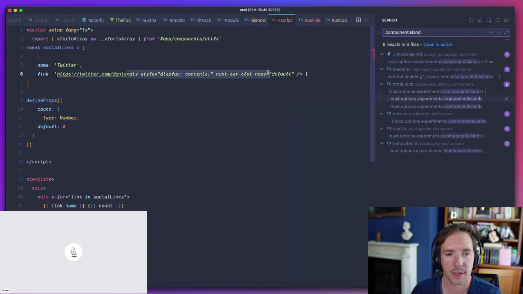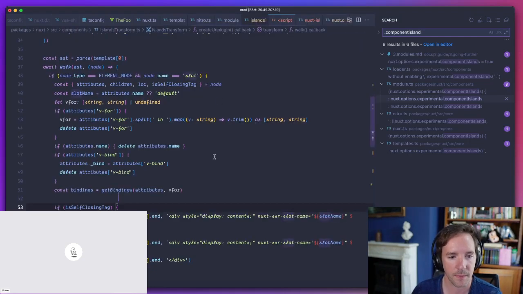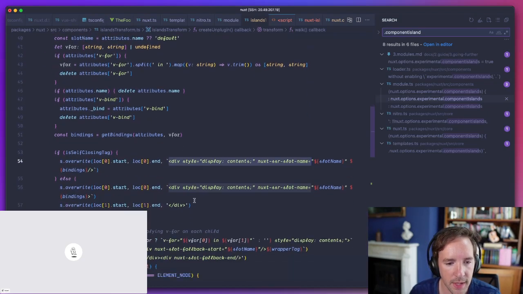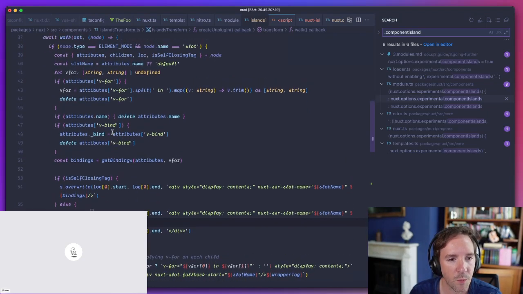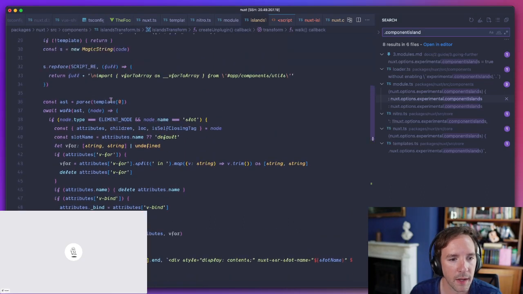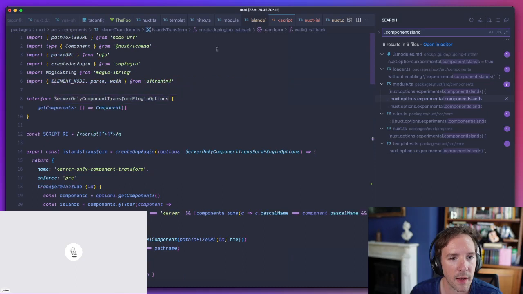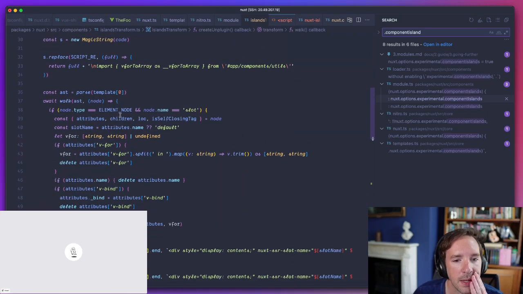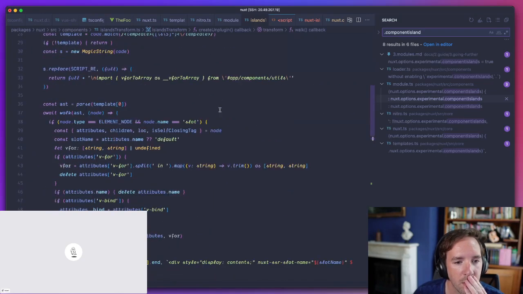So this is what we've written. And we're overwriting this, but that means we're walking our AST, and we have hit an element node. We think we're passing the template.